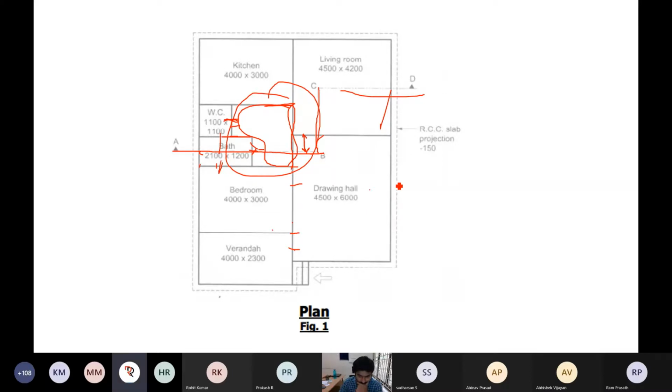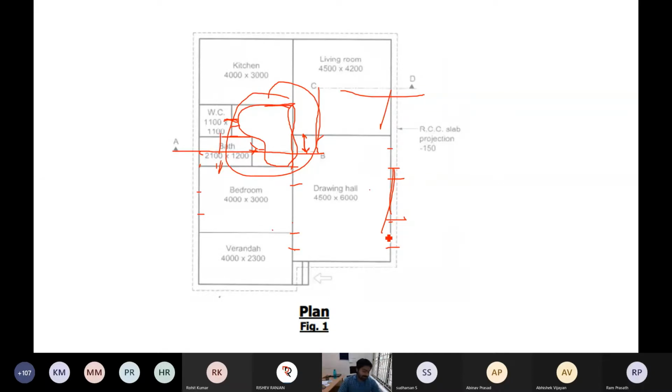And sir, there is no point of showing windows? With windows, actually, that is development of the line plan. What is the meaning of development of the line plan? That everything you have to do. The window position is your choice. Somebody will do the window position here. Maybe here you will provide two windows, one here, one here. I don't want to draw this actually. That is your choice. Some people will put only one window, a triple glazed window, here. That is your choice. Okay, got it, sir. That's your choice. I don't want to comment on that.